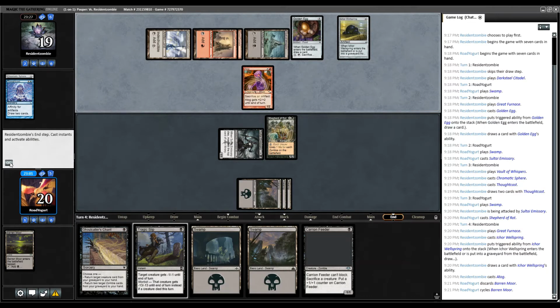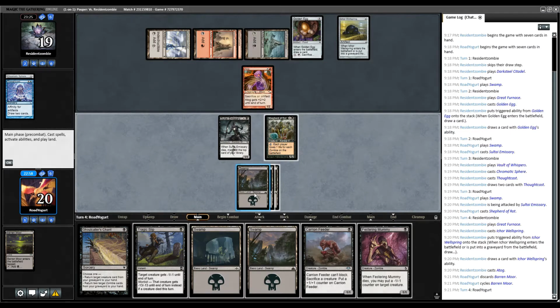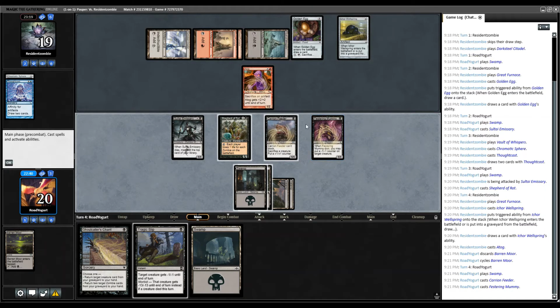Carrion Feeder. Okay. And Festering Mummy. So what we're going to do is we'll play a Swamp. Carrion Feeder. We'll play Festering Mummy. And I think we're just going to start tapping Shepherd here. Holding up our Tragic Slip still, so... Okay, this seems fine. We'll just,